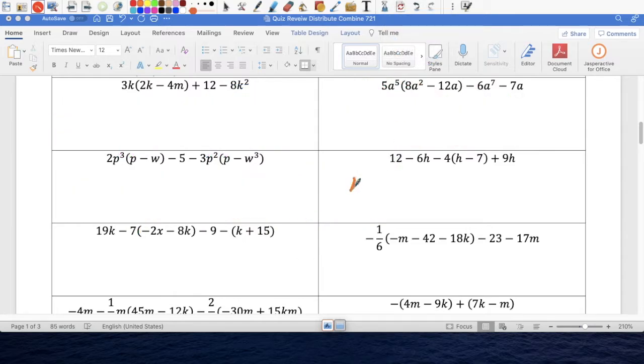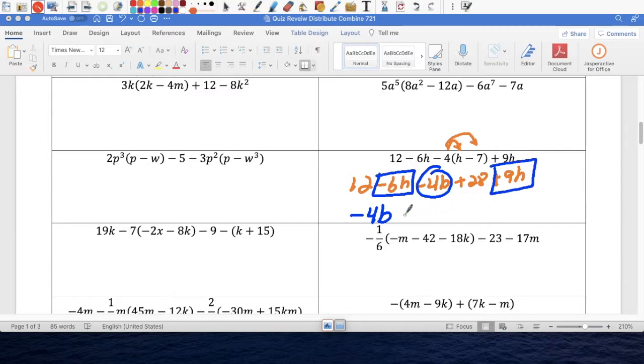12 minus 6h, the distributive property happens with the negative 4. So it's got negative 4h, and negative 4 times negative 7 is positive 28, plus 9h. Combine like terms, yeah, there are some terms here. Negative 4b goes up to the front. And then we have negative 6h, I'm sorry, positive 9h, and that's going to be plus 3h. And then we have a positive 12 here and a positive 28, and that's just plus something,